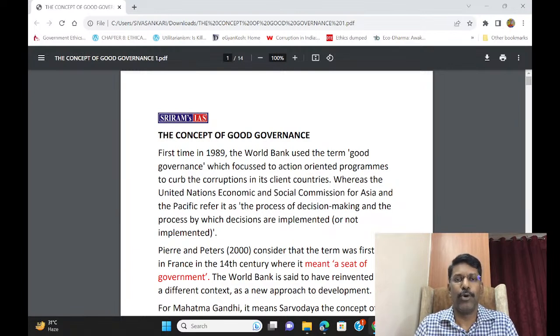Today, I'm going to start a topic from good governance, and this is coming under the area of paper 2, polity, governance and IR. In that, I'm going to start the areas like good governance. Okay, and when you're looking into the concept like good governance,